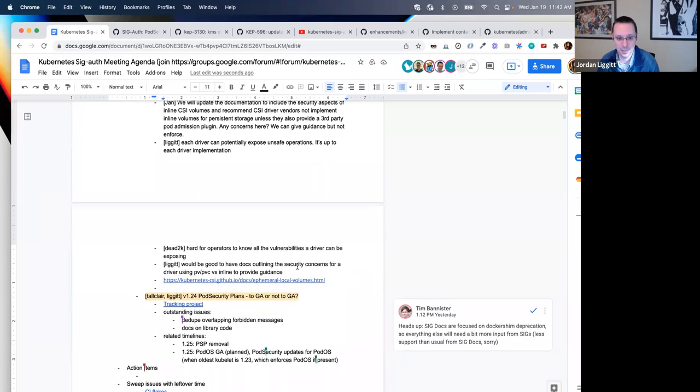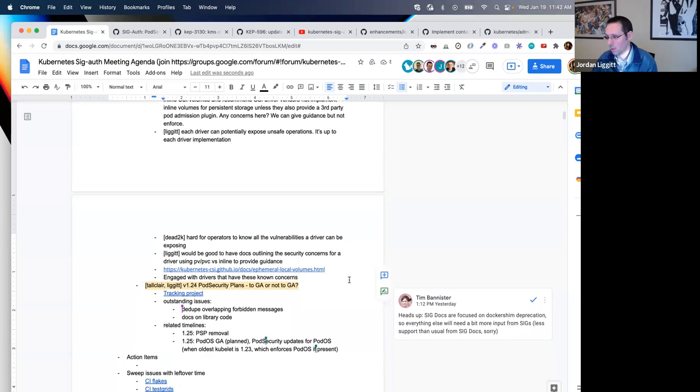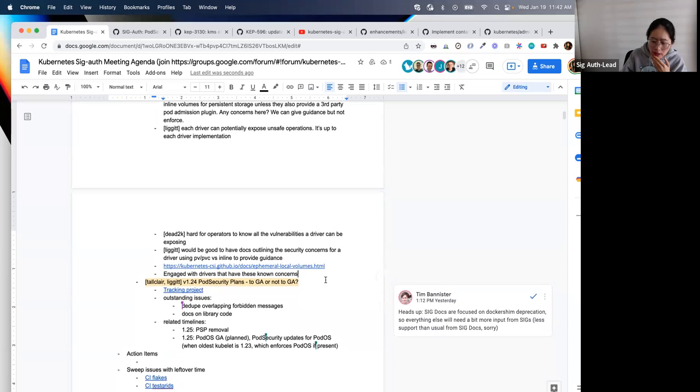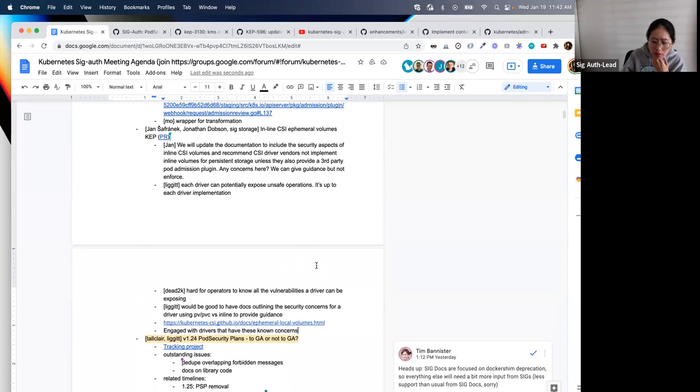And I think we've already engaged with the drivers that are known. There were a couple of drivers that were known to be using this. So I think it's primarily a documentation issue. Okay. All right, any other comments for this CAP?